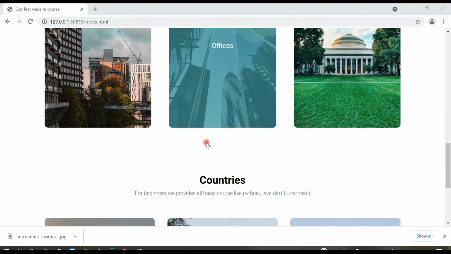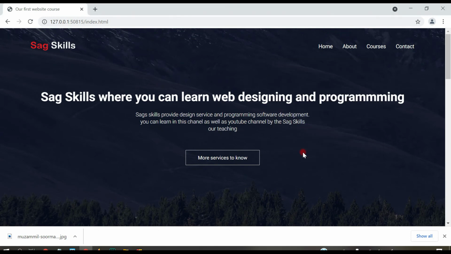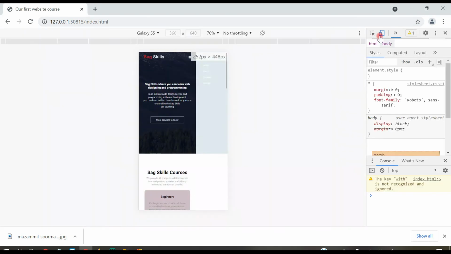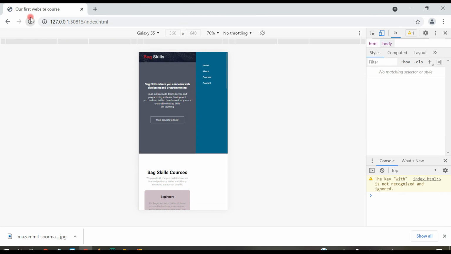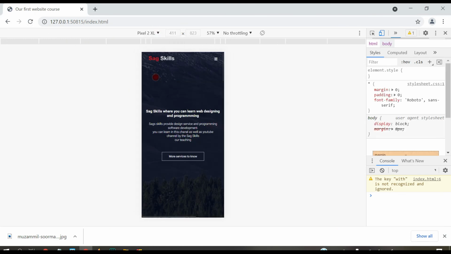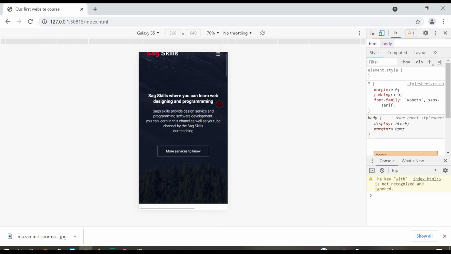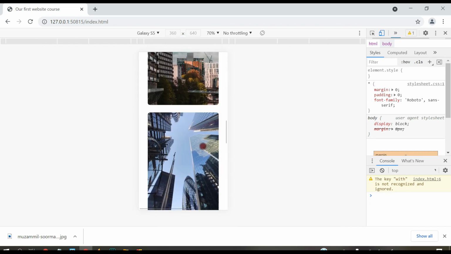So now let's open this website in a small screen. So inspect, and here are the sizes of any screen: iPhone 6, 7, 8, iPhone 5 SE, Pixel, Galaxy, Moto, iPad, and Surface Duo, anyone. So we are checking on Galaxy S, and you can see it's looking perfect.